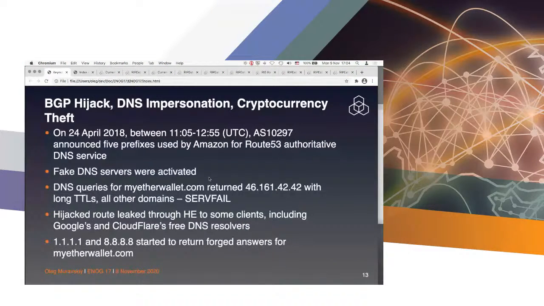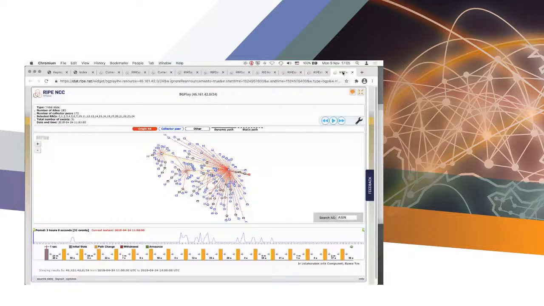Now, what else? This BGP hijack, as it turned out, was just part of the attack. In order to impersonate authoritative DNS servers, those fake servers were activated, and they were returning answers only for myetherwallet. Other domains were returned as failed. While myetherwallet.com returned 46.161.42.42, and if you search for this IP address,